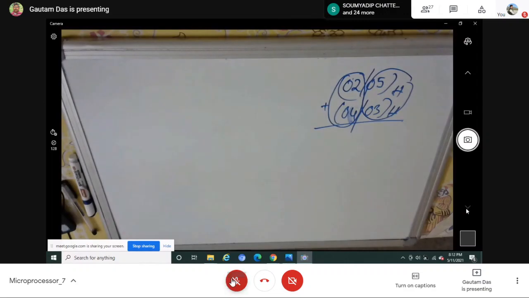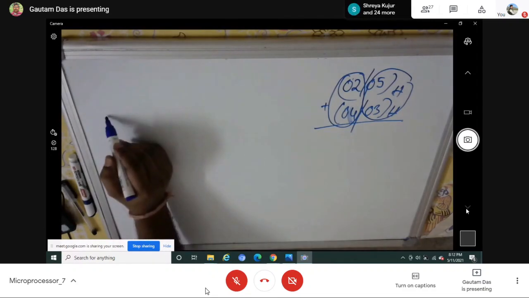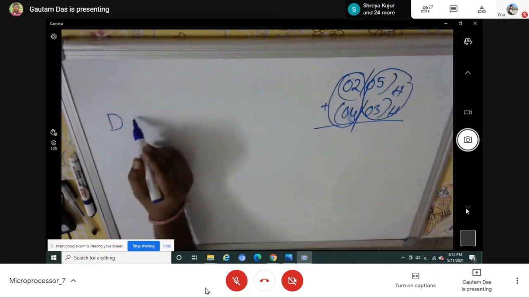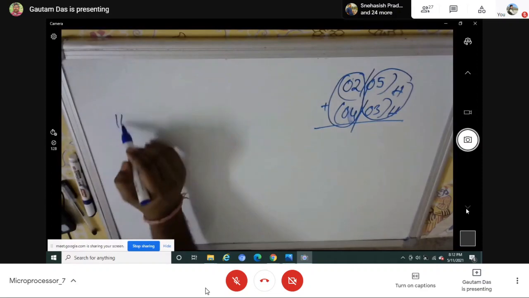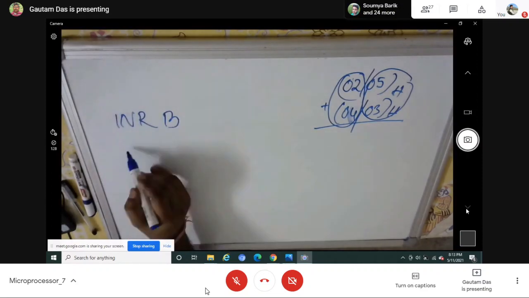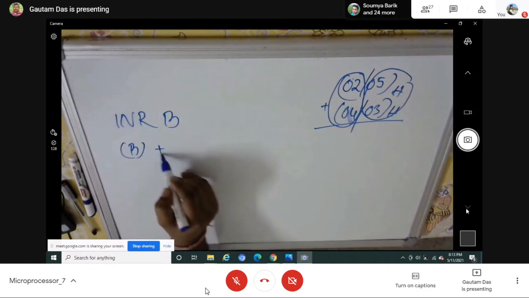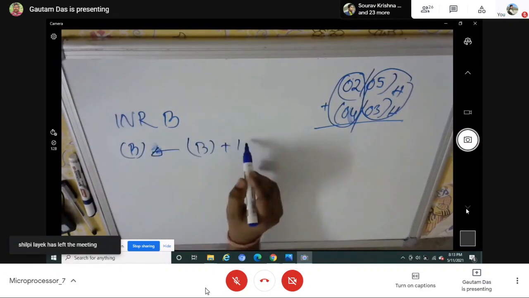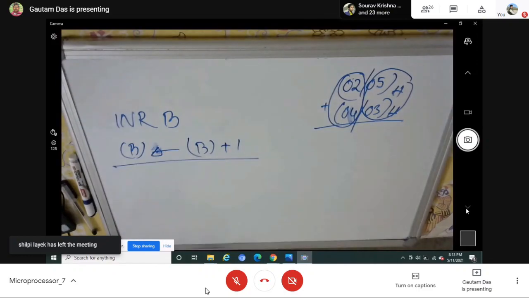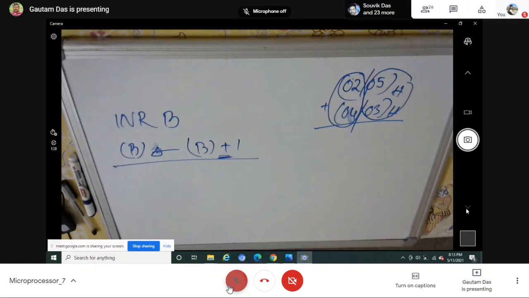INX, that can be done. That's why I'm telling you. Okay. But before that, tell me the question. Suppose forget about the INX. Go to INR B. What does it mean? B will be equal to B plus 1. What type of operation is it? Arithmetic. An addition operation. How is it performed at B?